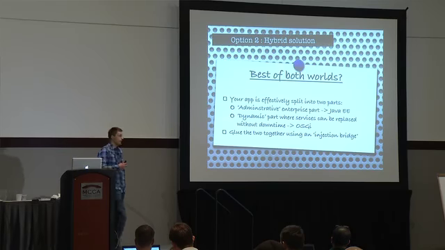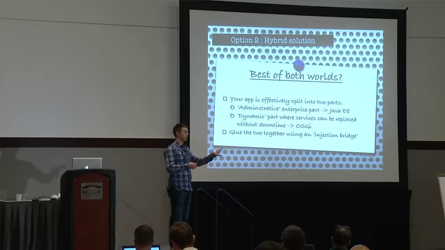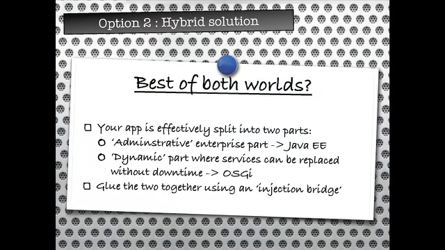So the other thing you can do, and I'm not a big fan of this, but a lot of people are doing this, is just say, well, I've got some code which should be modular, where I want to have runtime dynamics, and I have some other code that's just Java EE. And I'm not going to combine them. I'm just going to deploy both of them, and I'm going to build a bridge between them to interact with each other. So basically, you have two different containers.